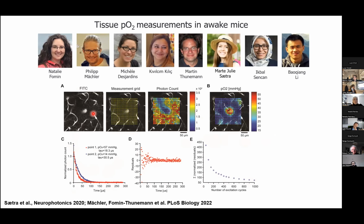So how do we do this? Well, this is the fluorescent tracer. Let's say that we're at this plane. Again, this is a super microscopic resolution. So this is 50 microns, this bar in here. And then we put a measurement grid. And then for each one of those points, we will have a photon count, and we also will